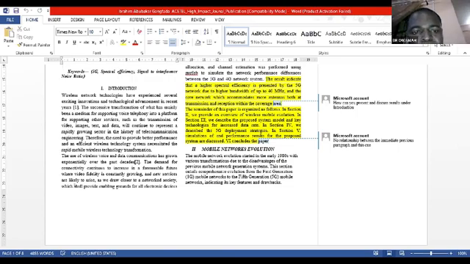Now look at what we are saying there. Under introduction, you say the result indicates a higher spectral efficiency. Meanwhile, you are supposed to present only a slight form of the result in your abstract. Every other thing goes to the results and discussion proper. So everything marked in yellow there must go if you are sending this paper to a reputable journal. The result indicates that a higher spectral efficiency is presented by the 5G network due to higher bandwidth up to 40 megahertz, and the core network which accommodates more antennas, both at transmission and reception.